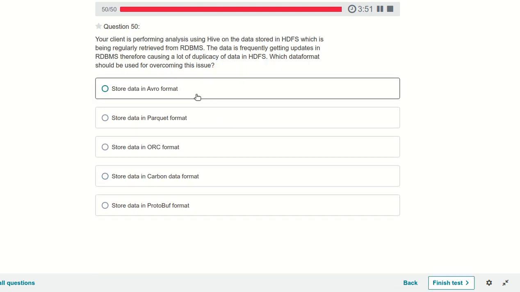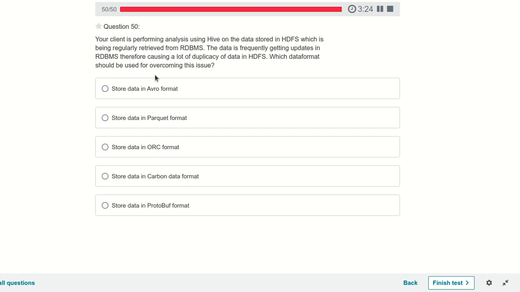Question number 50. Your client is performing analysis using Hive on the data stored in HDFS, which is being regularly retrieved from an RDBMS. The data is frequently getting updated in the RDBMS, causing a lot of duplication of data in HDFS. Which data format should be used for overcoming the issue?